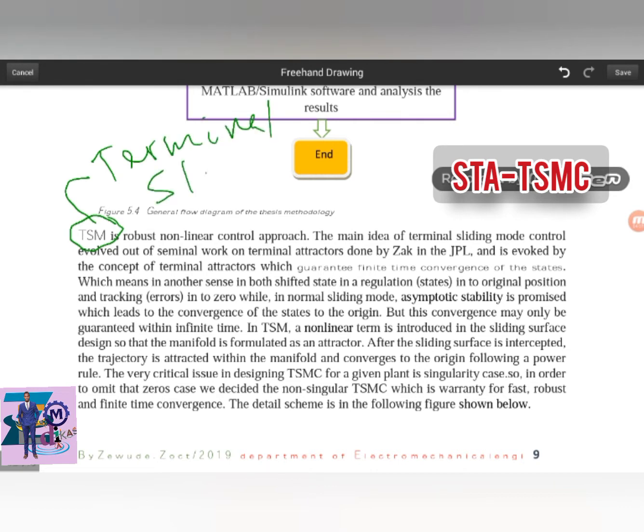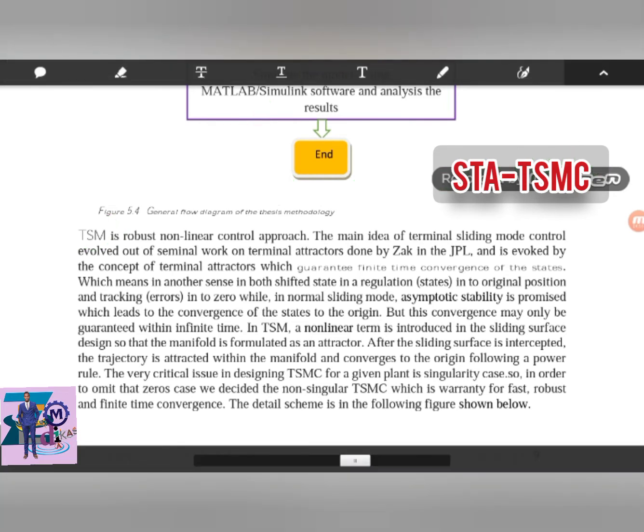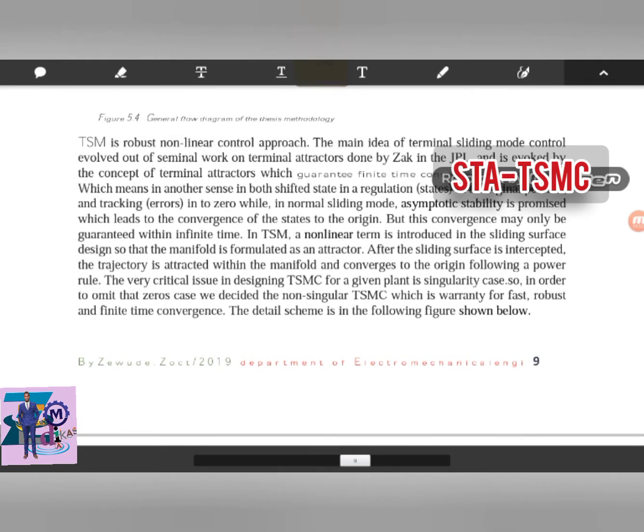So the point here is not to speak about the demerit of this sliding mode controller, and why we use the so-called super twisting algorithm to make our system advanced. In order to reject such effects, the noise effect, the chattering effect, and other robustness effects from the system dynamics,